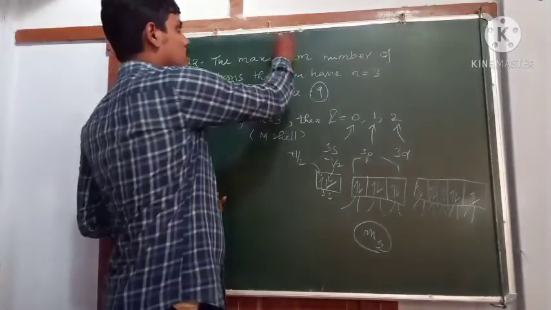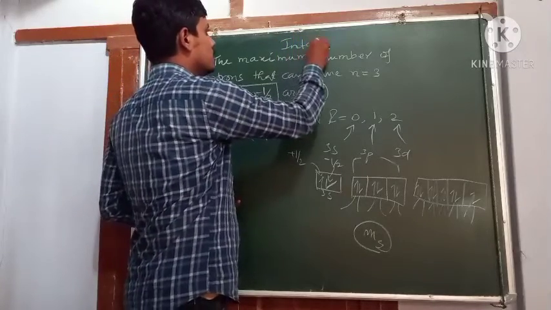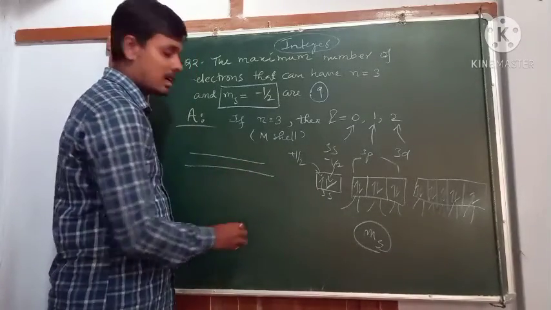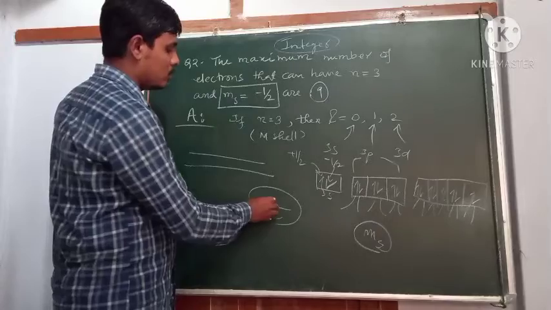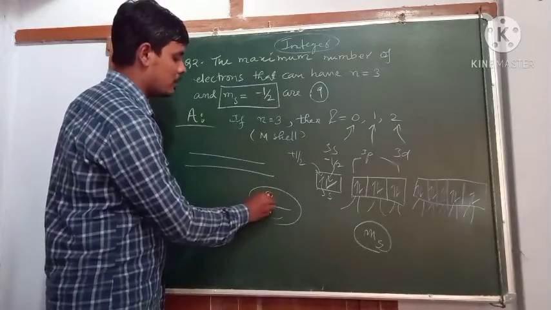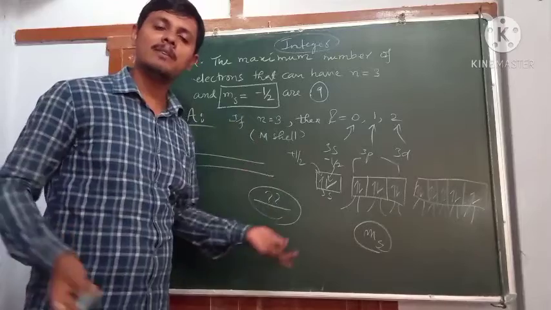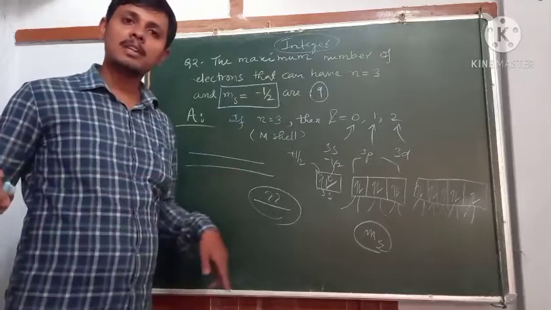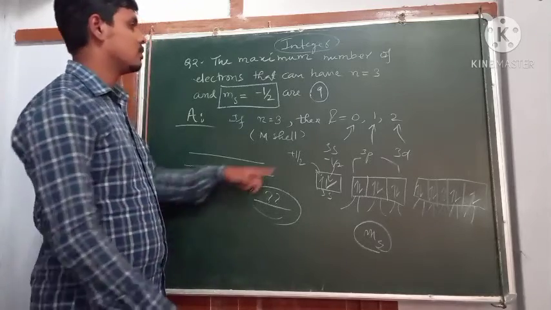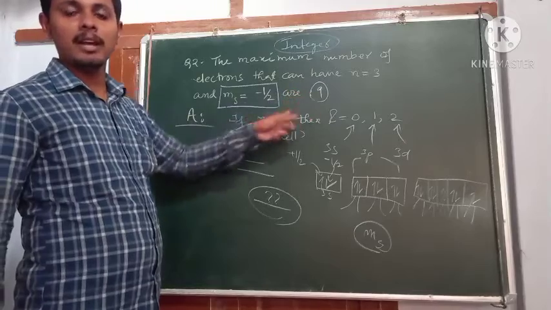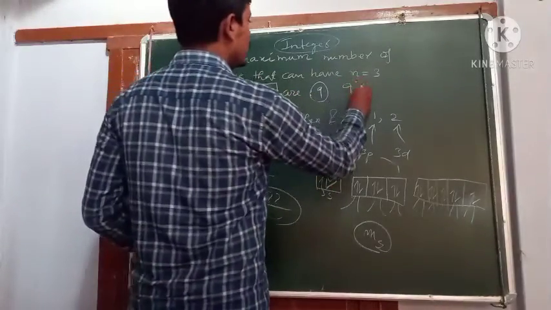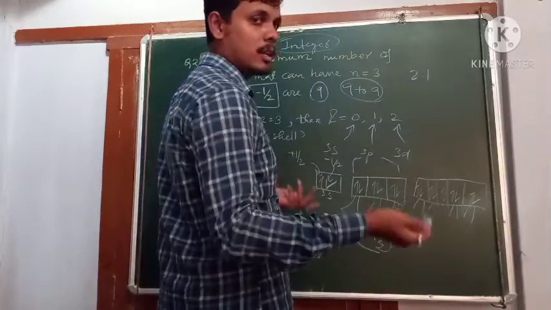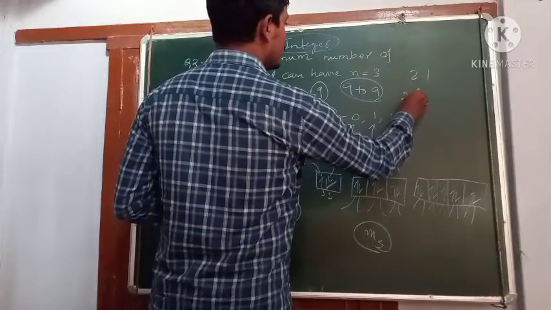So this was an integer type question that was asked in JEE Advanced. What is an integer type question? You will be given the question and a blank space, and you have to insert the integer number. Number, what is the number? 1 2 3 4 5 6 7 8, or 1.1. So fraction, decimal, anything can be there. The answer key will be given as a range. So if the answer is 9, then the answer key will be 9 to 9. Suppose the answer is 2.1, then the range will be given as 2.0 to 2.2.